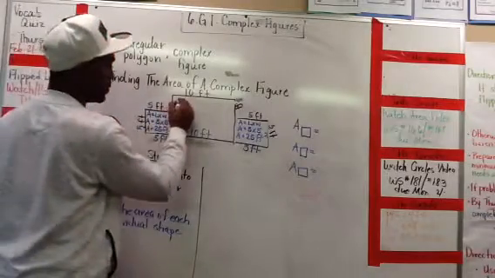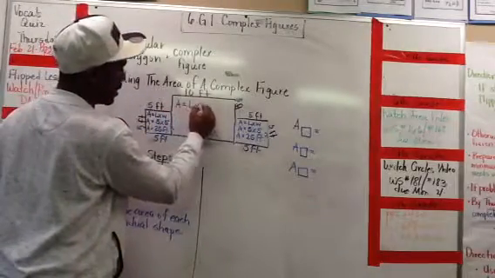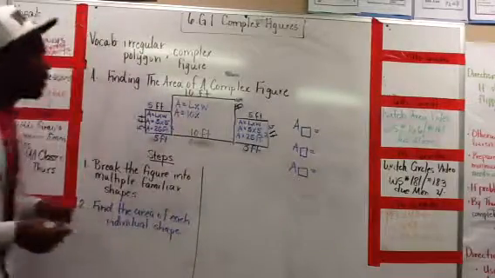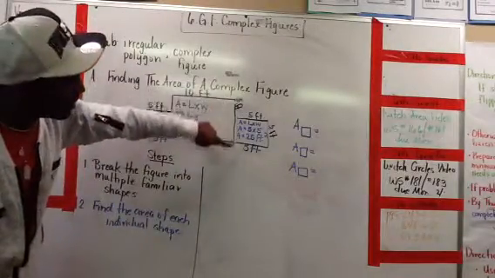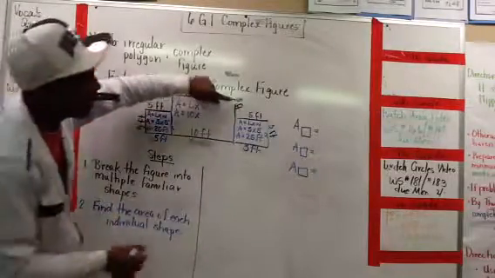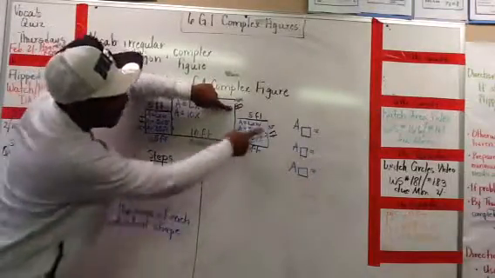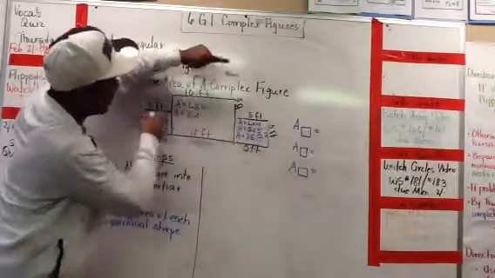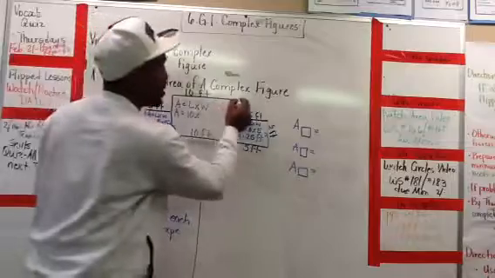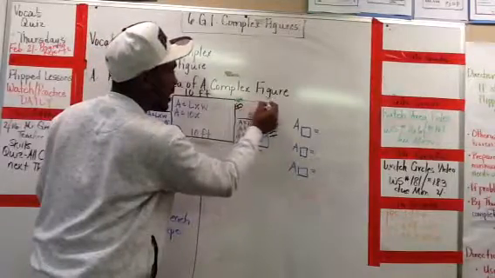And now I know my dimensions here. I know area is length times width. I know my length is 10, but I haven't found my width yet. My width is this side. Well, if I piece this side and this side together, it'll make this whole side. Do you agree? Let me show you what I mean. If I draw a dotted line,